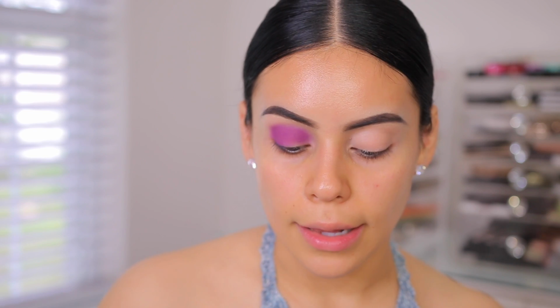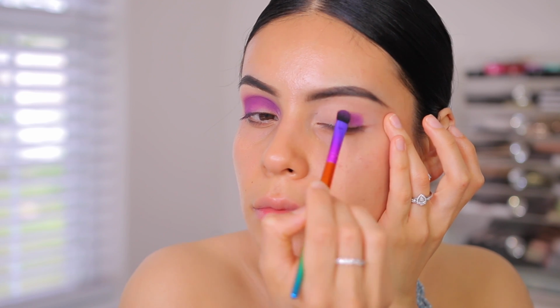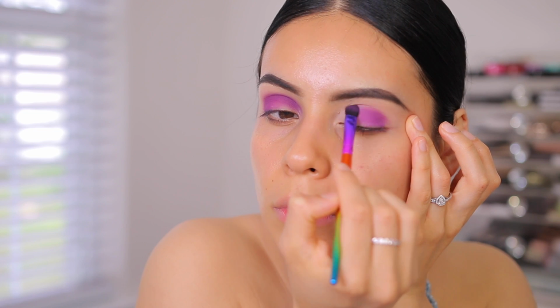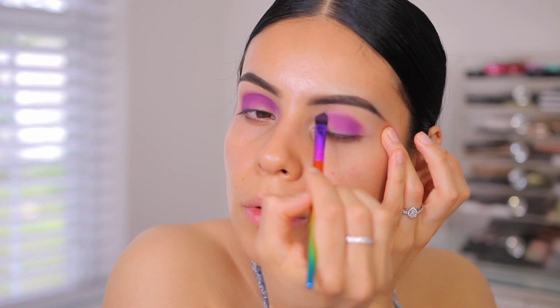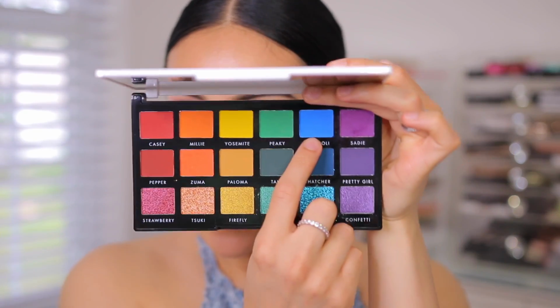Oh girl, I like this purple. Okay, let's do the other eye now. That's gonna be the challenge. Okay, cool. So I'm loving the way the purple is looking. It's building up really nicely. Of course, we're gonna blend and add some more shades along the way, but I'm then gonna go in with